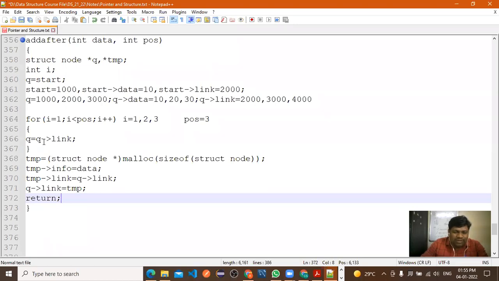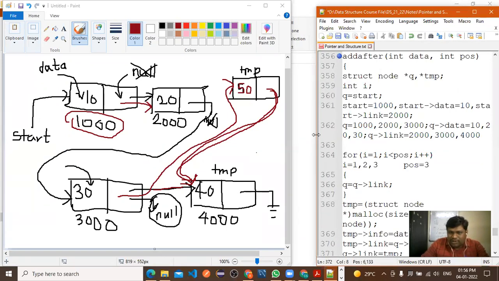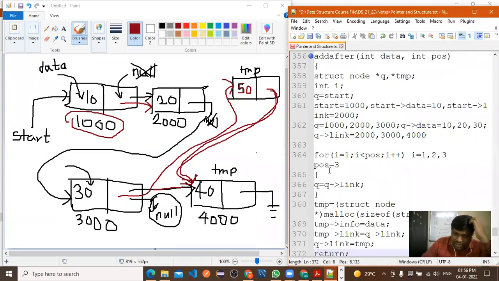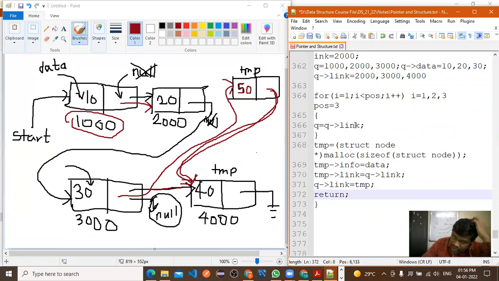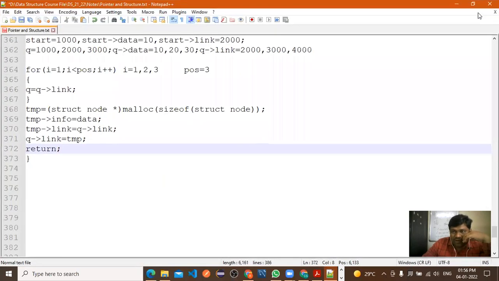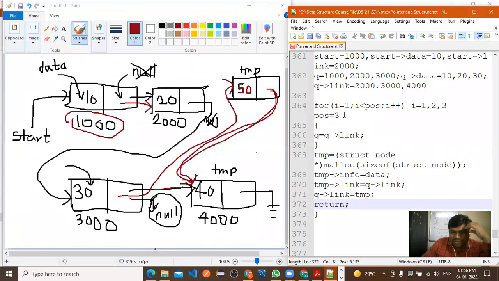How many statements we have written? But one more condition is there. One more condition. Suppose if you want to insert the element. Value null आले तर sir. Value null म्हणजे, suppose here I have assigned the POS is equal to 8.